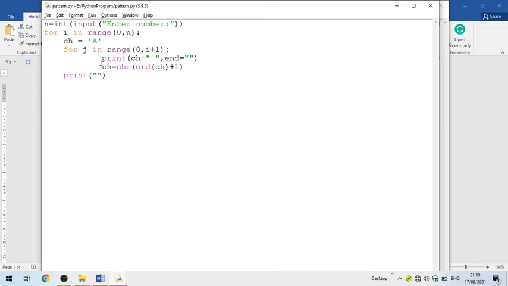In 0 to 1 it will print simply the character A, one time. Then the second time it will go 0 to 2. This time it will print A, and every time I increment A to B, and then the third time it will print A B C, then the fourth time A B C D, and the fifth time A B C D E. So this is the way it will be repeated.